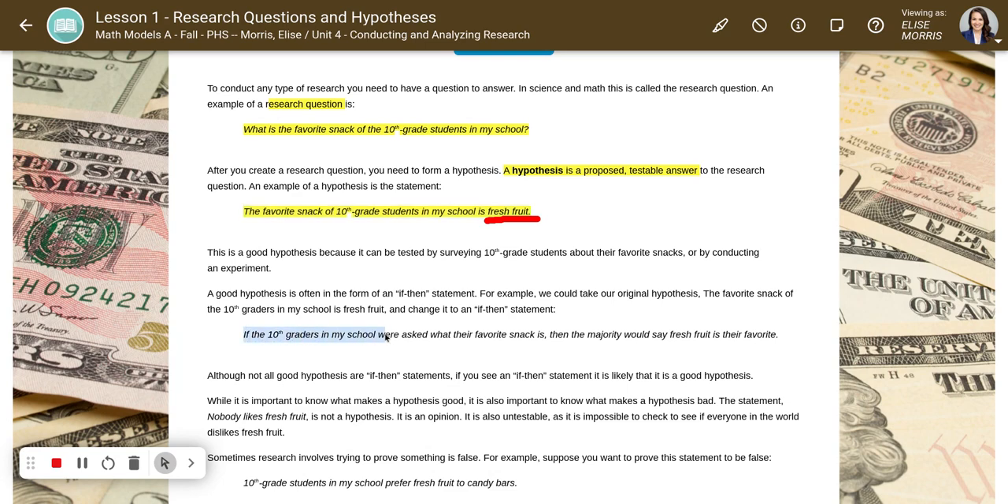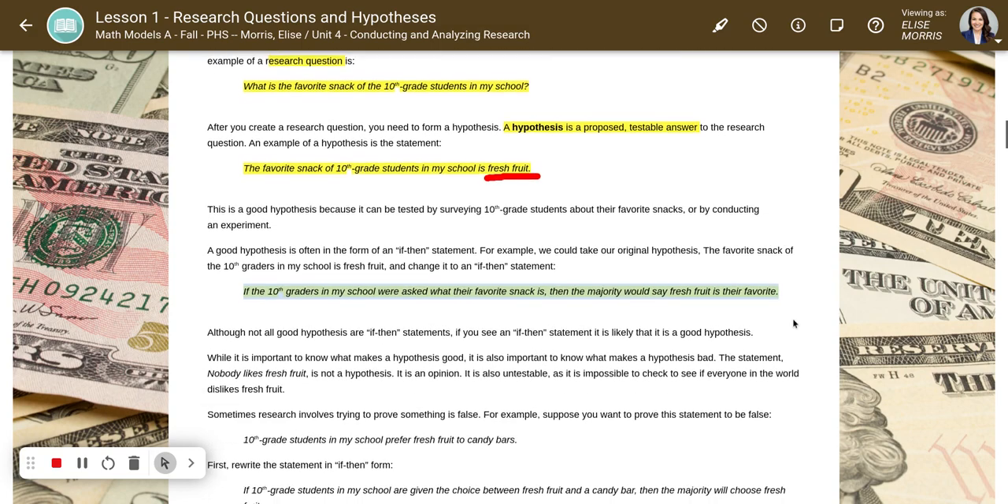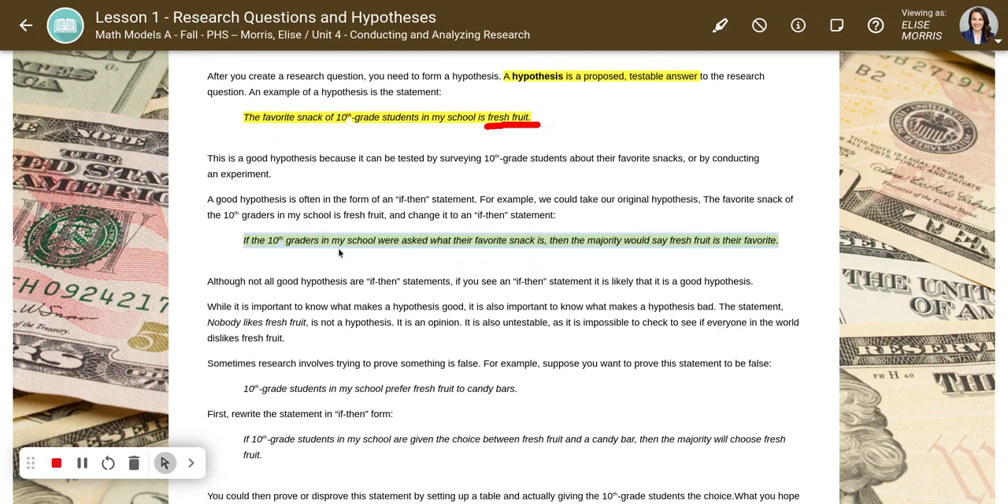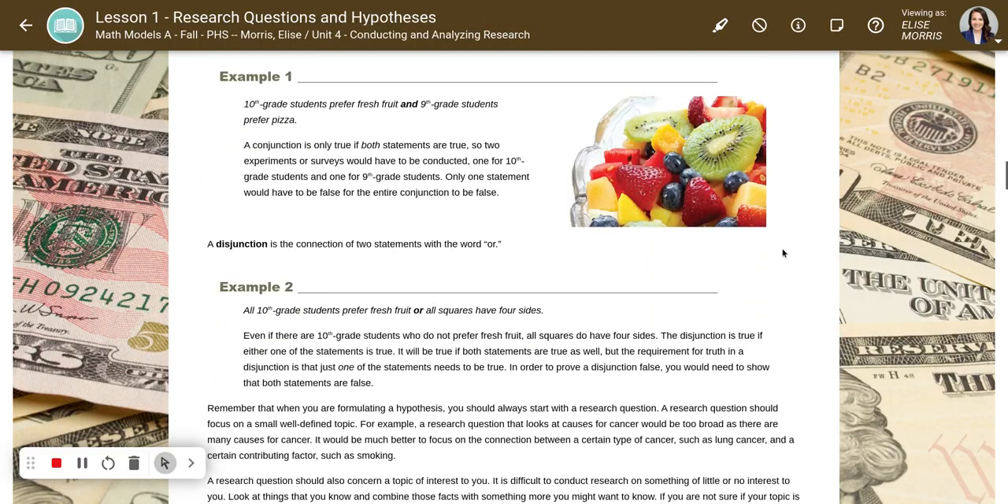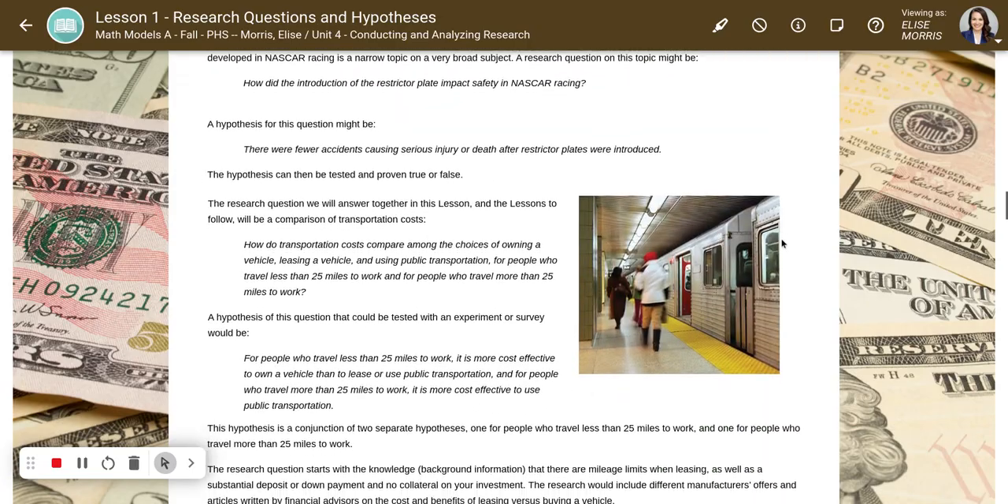If the 10th graders in my school were asked what their favorite snack is, then the majority would say fresh fruit is their favorite. You see how it has the same meaning, right? But we've added the if and the then and just rephrased it a little bit. It's still talking about the same things that we can test. All right, so just know that they can be in either form. And let's move on to